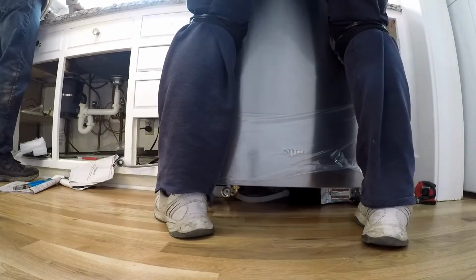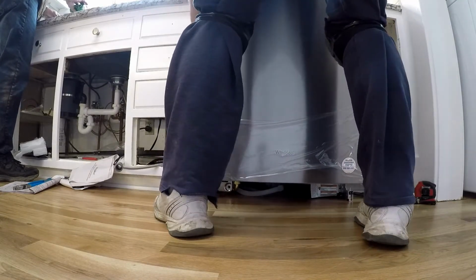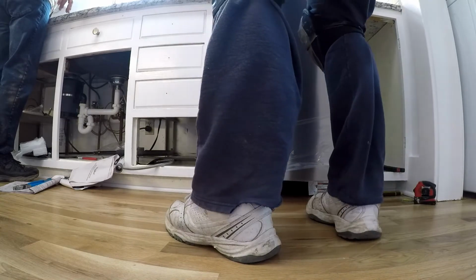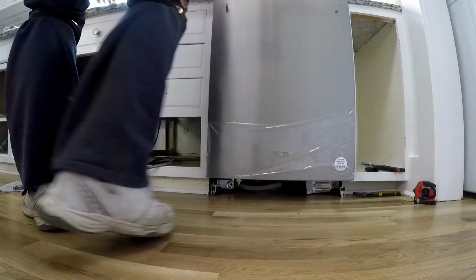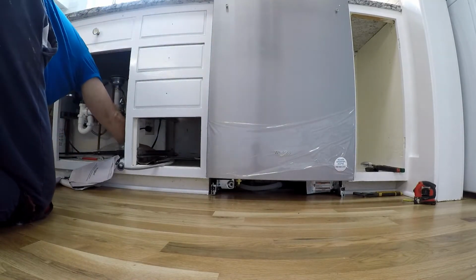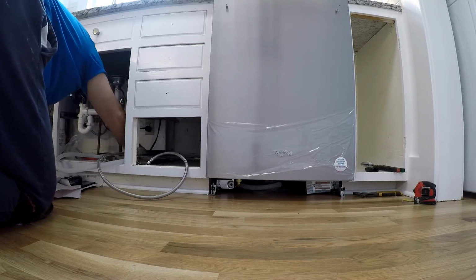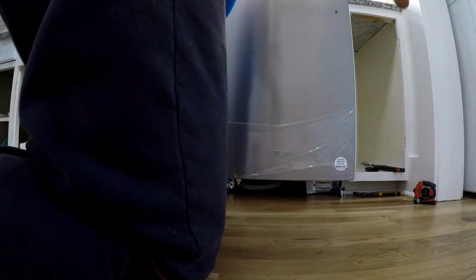So we hooked the pipe up, he had the right fitting. It was hard getting on there. Yeah. We fired up his whole system and it all worked good. One pipe popped off though, because Ryan forgot to glue it. Shut the water off. Glued it up. So, with long-standing tradition, Ryan